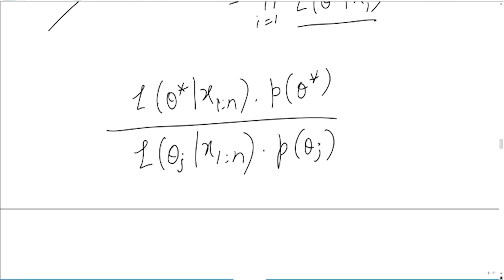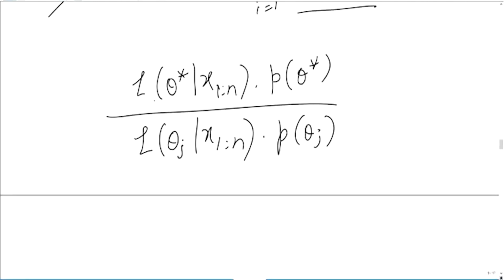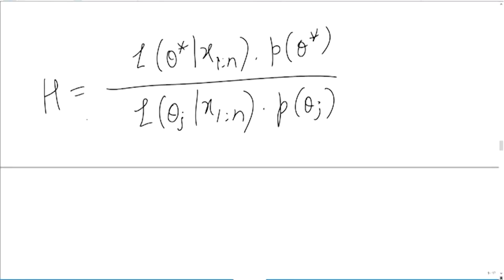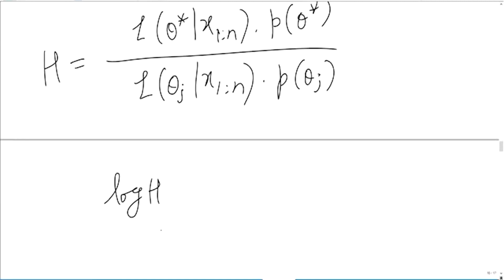Okay, this is called the Hastings ratio, right? So the ratio of these things. You can also add the forward-backward transition kernel, but that's not a concern for us. So what if rather than calculating h, I calculate log of h? If h can tell you whether you should accept or reject the proposal, log h can also tell you something, and you can later take its exponent as well, right? That's totally fine. So can I calculate log h? What would be log of h? Log of h would be log of this thing,